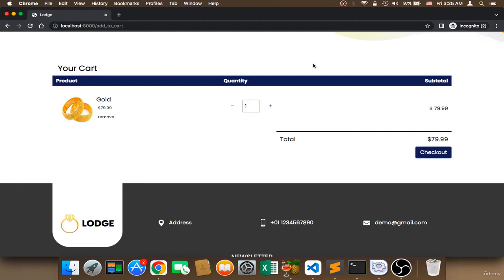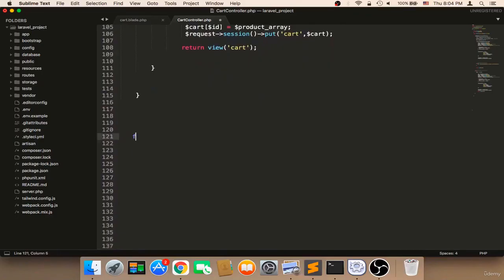Welcome back. Now what we need to do is work on the total, so that once the user adds more than one product, we need to get the total. So I'm going to head on over to the project to work on it. I'm going to say function, and then calculateTotalCart,